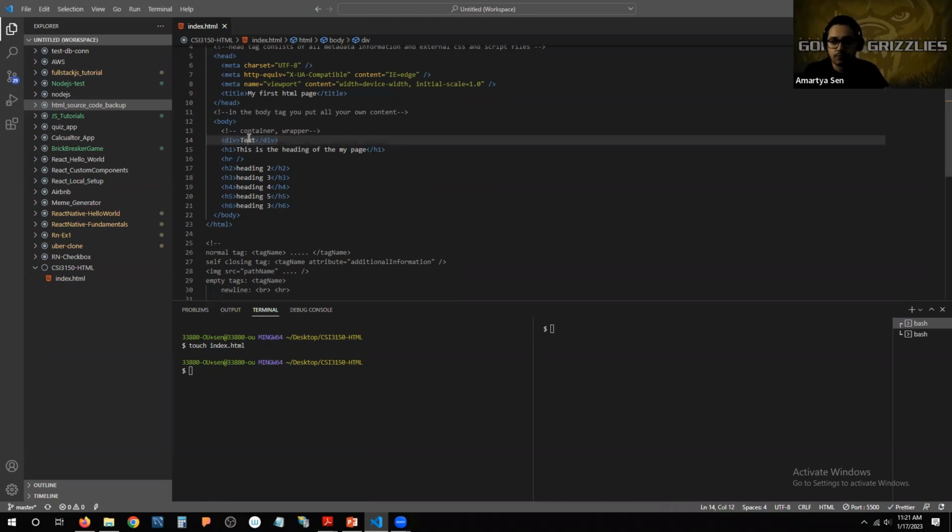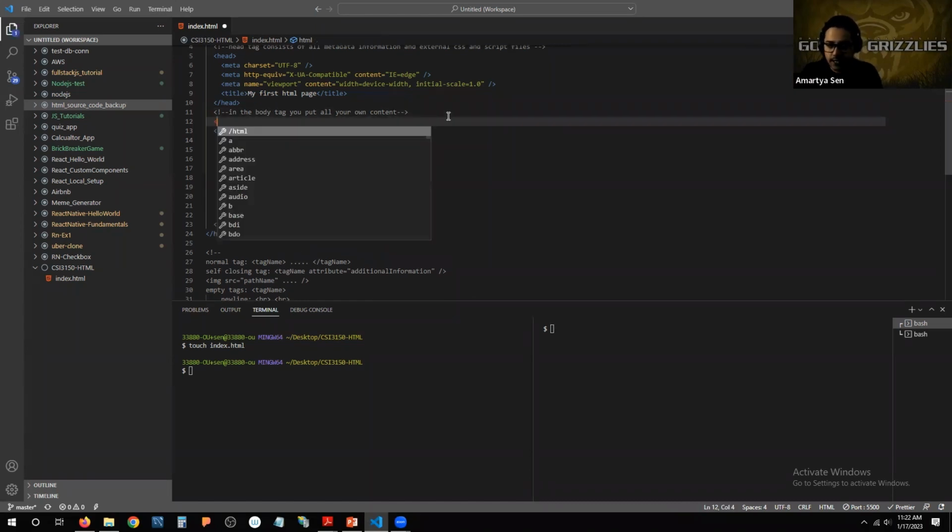So all I would suggest for you to use div for is to create containers or wrappers, whatever you want to call it, and then put all your main contents there. And as the content changes, the context of the content changes, then you would like to change. So let's try to understand this with the help of an exercise. All right. So let's say what I want to create is,